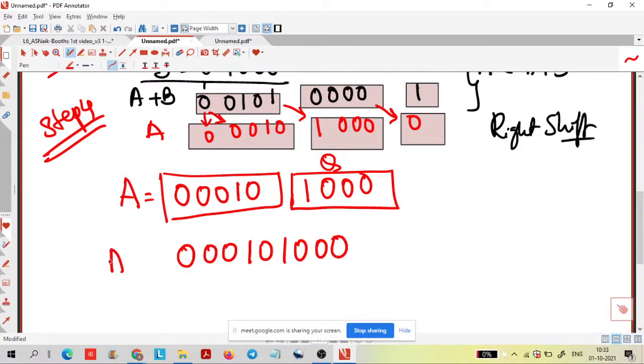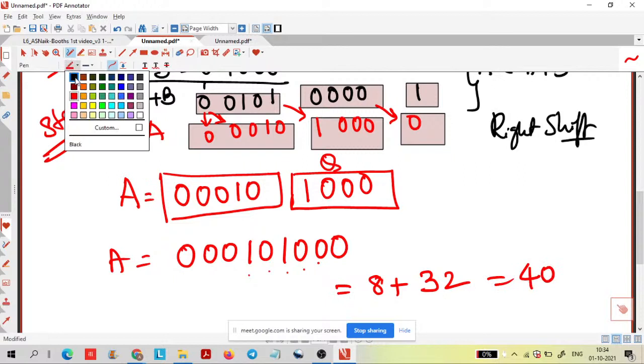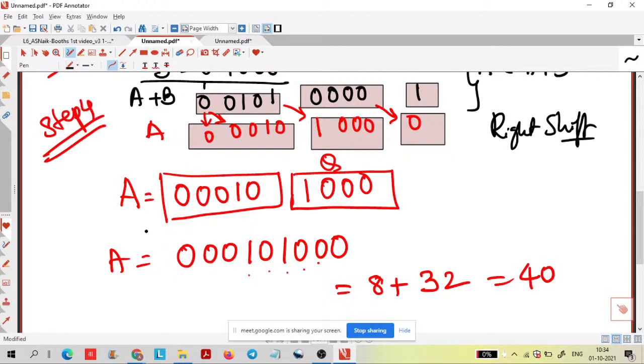इसका ये फाइंड आउट करो, डेसिमल। This is 0 into 2 raised to 0, anything with 0 is 0. 2 raised to 0, 2 raised to 1, 2 raised to 2, 2 raised to 3 means 8, 2 raised to 4, 2 raised to 5 means what, 32, so anything with 0 only 0, तो कितना हुआ है 40। And what is the sign, साइन क्या है यहाँ, ये का साइन क्या है,